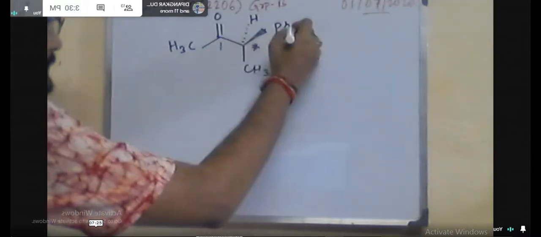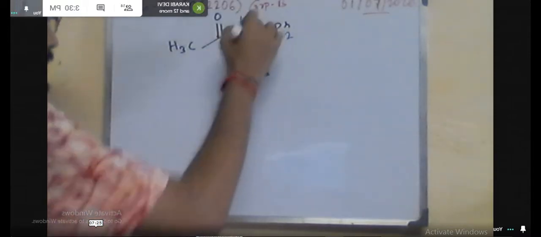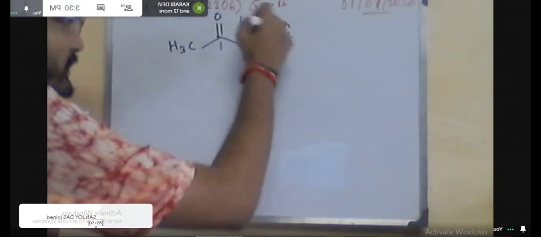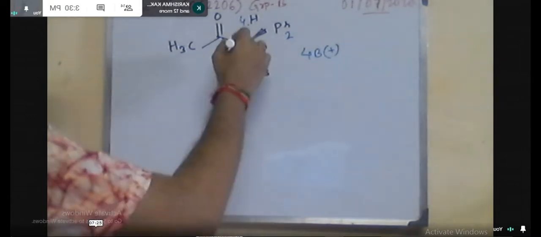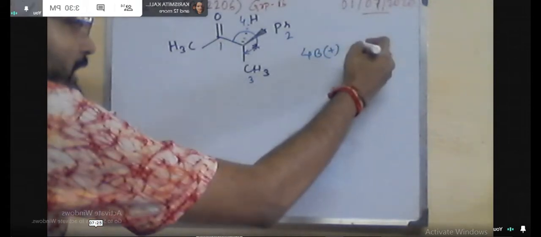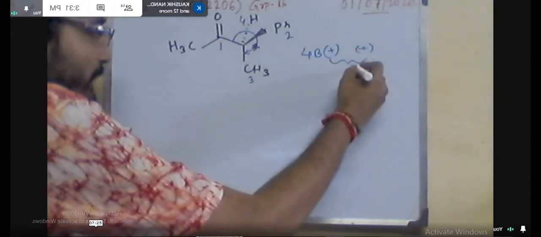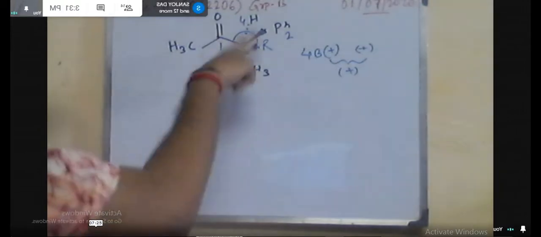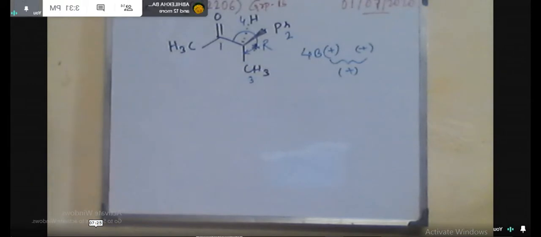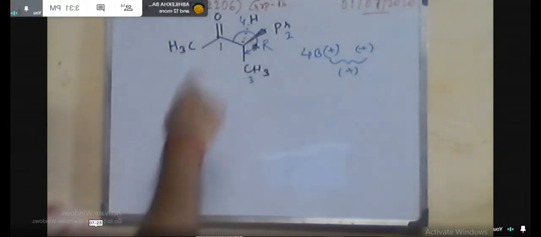So this is 1, 2, 3, 4, and we know the fourth group is in the backward, so 4b plus, and rotation of the rest of 3 groups, that means 1, 2, 3, is clockwise, so plus, and combination of these two is plus, so that means the configuration is R of this chiral center. So throughout the reaction and after completion of the reaction also, you have to keep this configuration in mind. So now in our Cram's model, basically the Cram's model deals with